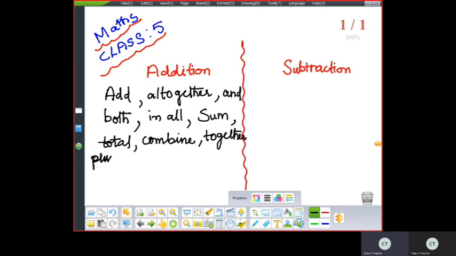Okay, more than. If they tell you that this so and so number is more than this number. Okay, so in that also some conditions are there. You have to understand the problem. Sometimes more than means it can be subtraction also, but sometimes it will be addition also. It depends on the understanding. But if you're not able to understand, search for this type of keywords. Okay, join. How much? How many? So this type of things. Much more.